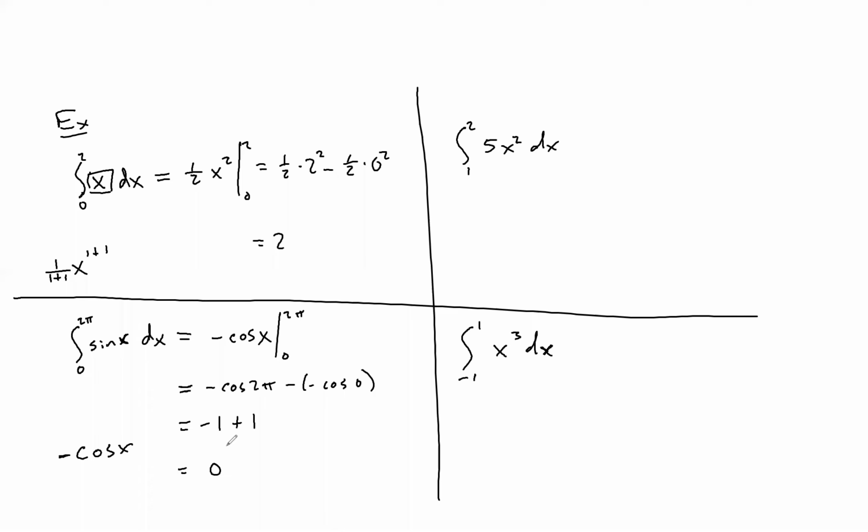Now, let's stop and think about this for a second. Why did we get 0 for our answer? We actually talked about this in a previous video. Think about the graph of sine of x from 0 to 2 pi. This function that we're integrating from 0 to 2 pi is this. That's one full period of the sine function. So what did my answer come out to be? 0. Well, it came out to be 0 because I have just as much positive area as I do down below the x-axis and negative. If you have just as much positive area as negative area, then they'll cancel each other out,